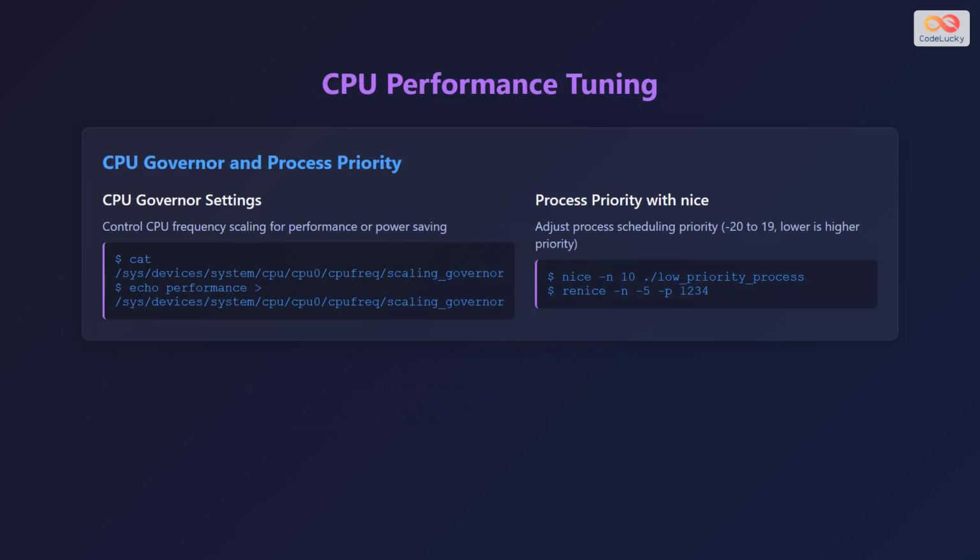Now let's move on to central processing unit performance tuning. CPU governor settings control central processing unit frequency scaling for performance or power saving. To check the current scaling governor, use cat /sys/devices/system/cpu/cpu0/cpufreq/scaling_governor. To set the governor to performance mode, use echo performance >